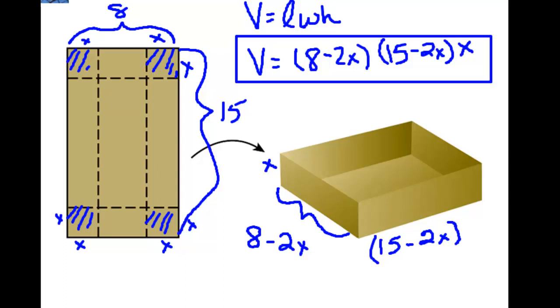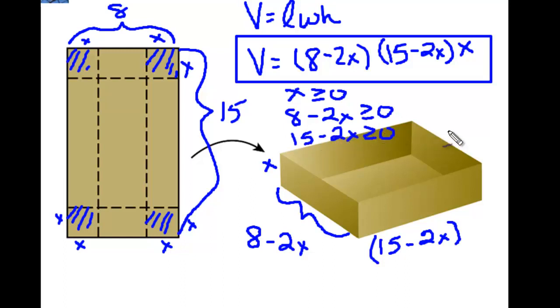The next thing we need to do is consider the domain. The domain is what the x's could possibly be. When we're dealing with a box, we don't want the sides to be negative values. We don't want the height or the sides to be of negative value. So we know that x has to be greater than or equal to 0. We know that 8 minus 2x has to be greater than or equal to 0. And 15 minus 2x has to be greater than or equal to 0. So solving these,